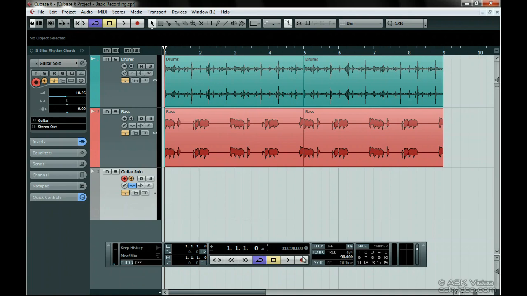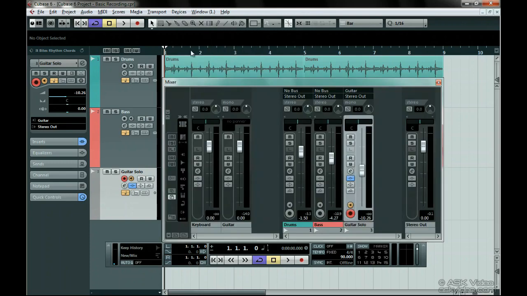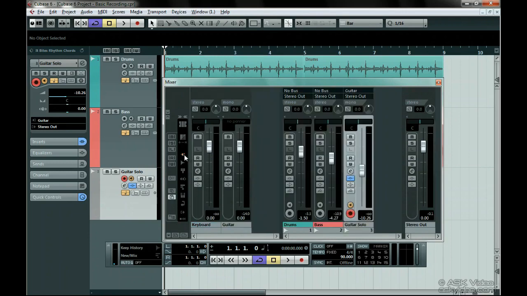But we should mention one other thing: input faders. Call up the mixer under the Devices menu or press F3. Make sure the Hide Inputs channel button is not highlighted so we can see the inputs. These are the inputs that you made in the VST Connections window in the VST Connections chapter. All of these buttons will be explained in the upcoming videos on the mixer, but I'll let you know that